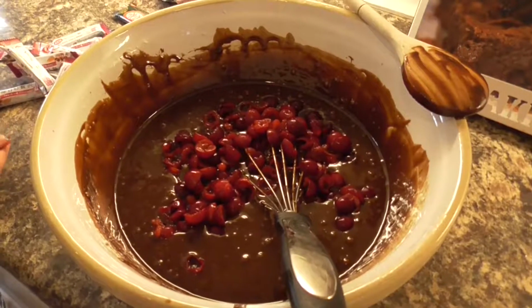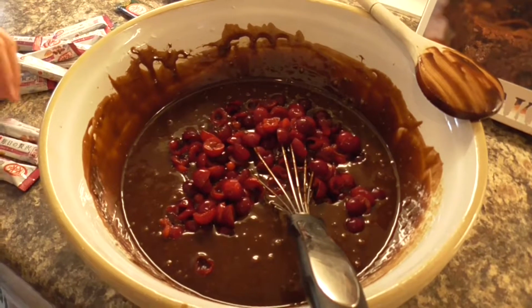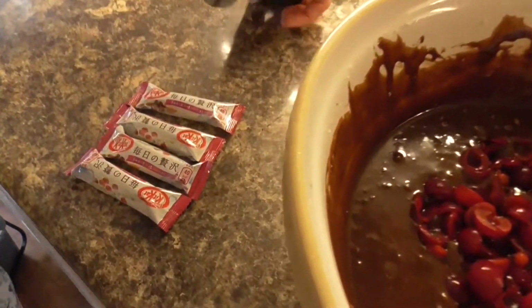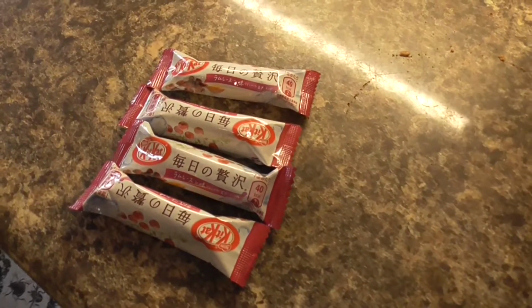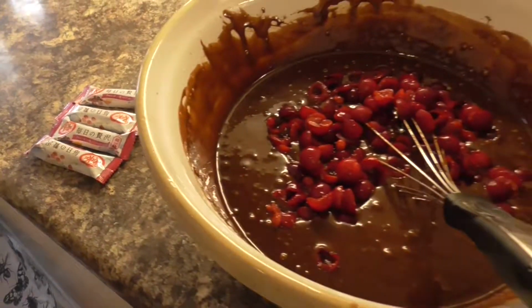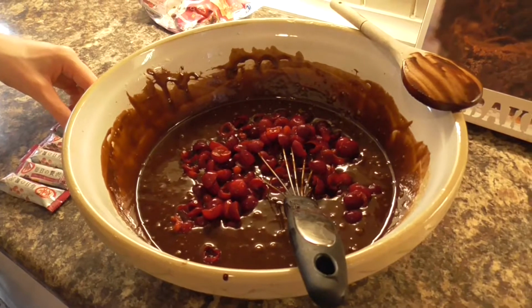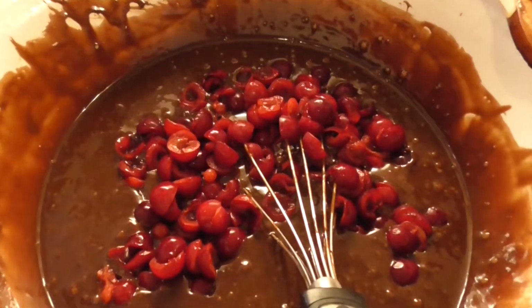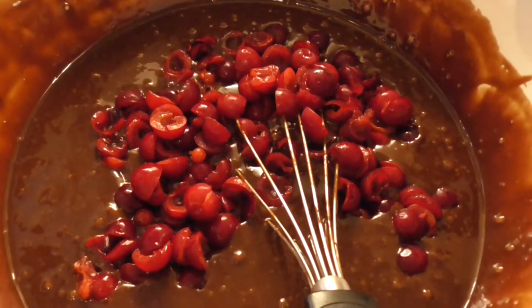Well, maybe I'll cut up 4, put them in. It's improvising. Adding some to add some texture, is it? Yeah, some little chunks, because we haven't got any. So should we do 5 of them? Yeah. They're just going to melt, but...